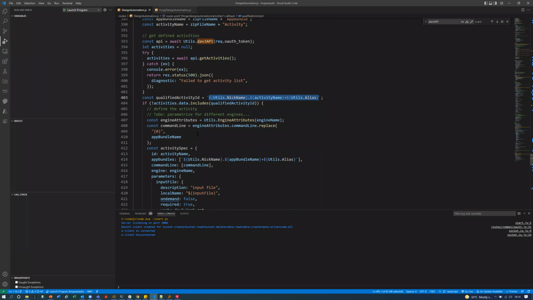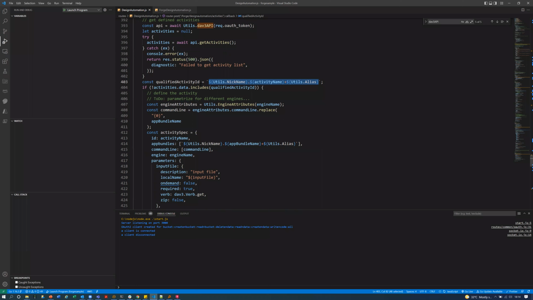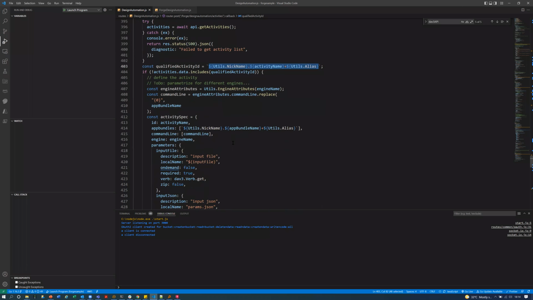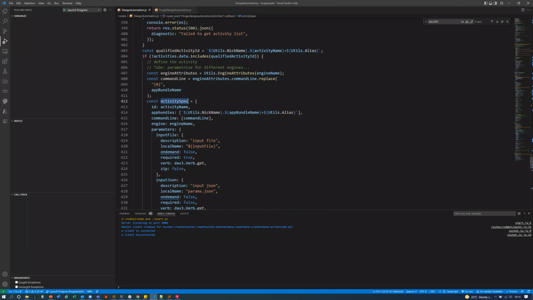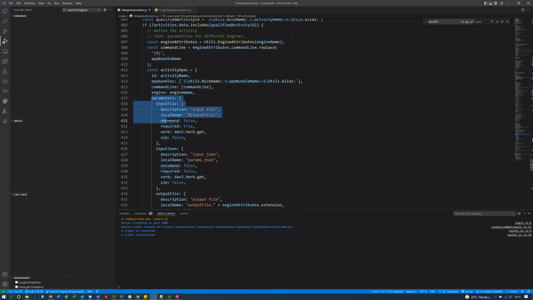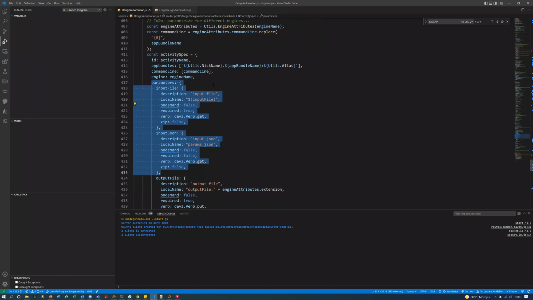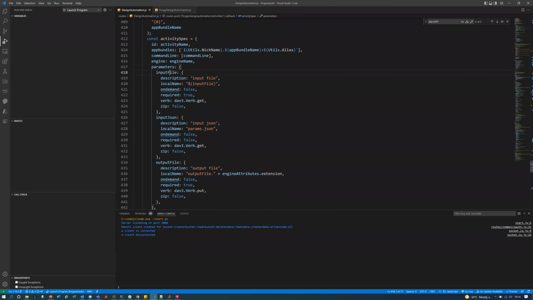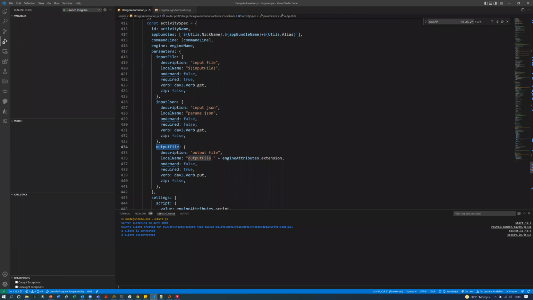Now we are creating the activity ID. We're searching whether the activity already exists in the listing, get activity. If not, we are creating the activity. So this is the spec. As I said, an activity has three important things. One is the set of parameters. If you look at this, the set of parameters contains input, JSON, output. For this exercise, I'll be needing two inputs and one output. And